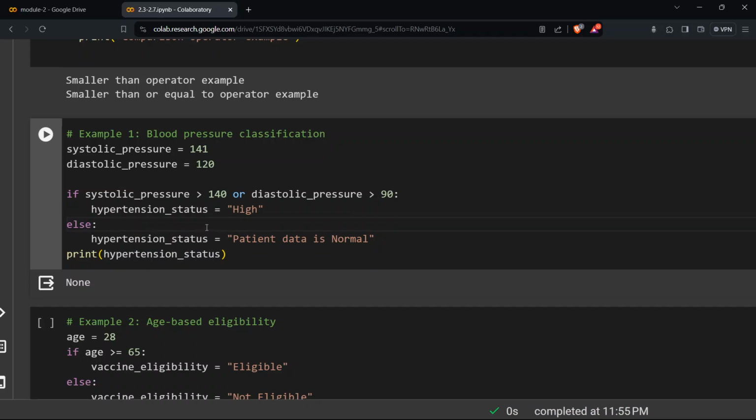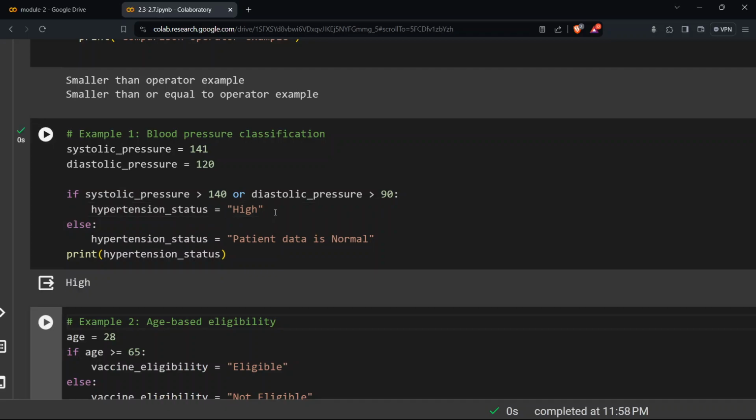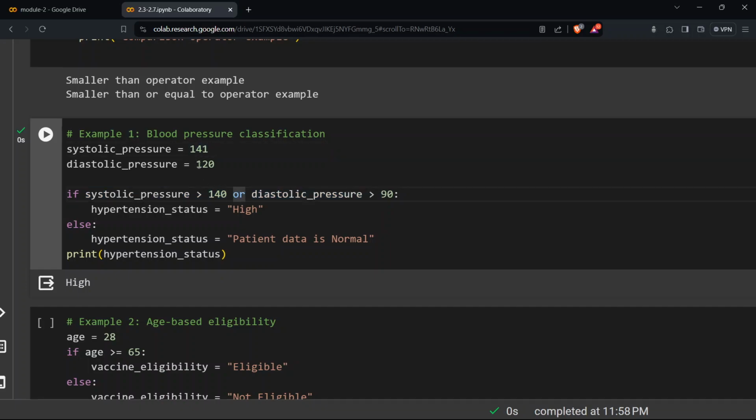Understand? So in this one, what should run? This one is true because 141 is greater than 140 or 120 is greater than 90. Both of them are true. True or true is also true because of or. The variable is assigned the value high. It will not even go to else. Else will only run if everything else is false. Because this is true, it will not go to else. Then it will print